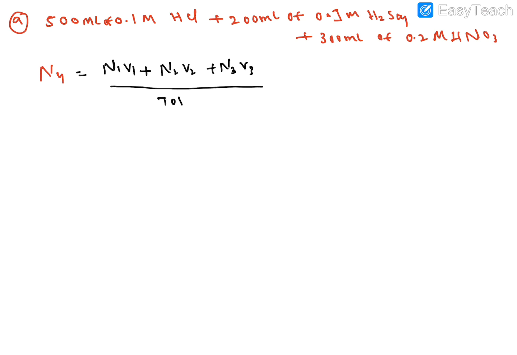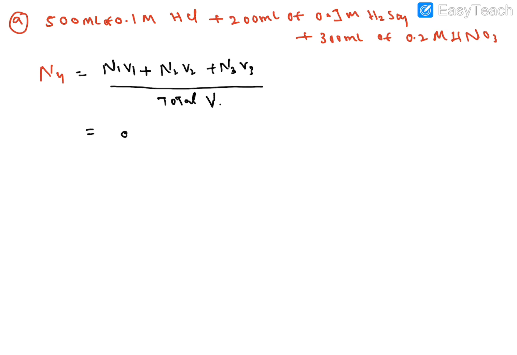Okay, the total volume. So we are taking the total volume here. So first one, what are they giving? So normality of HCl,